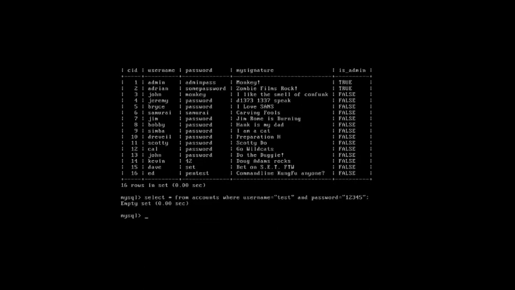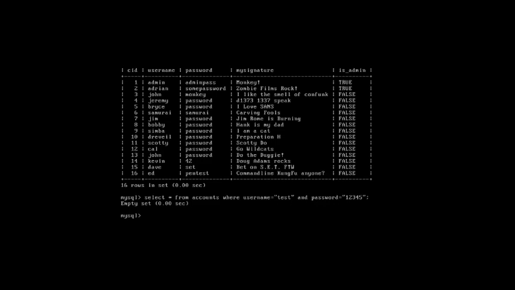So this is an empty set. Why? Because no valid credential is there. There is no username test with password 12345, so that's why we got an empty set.